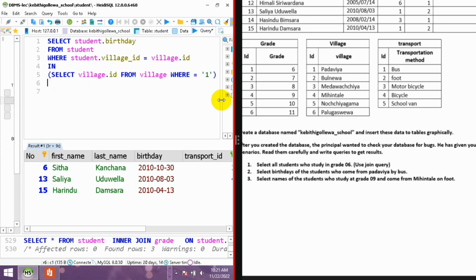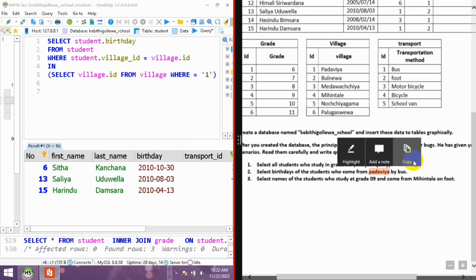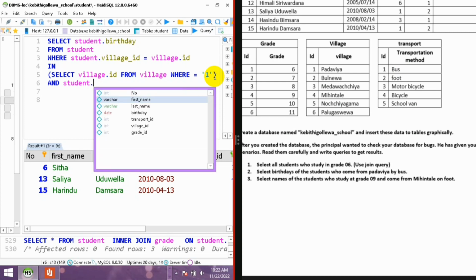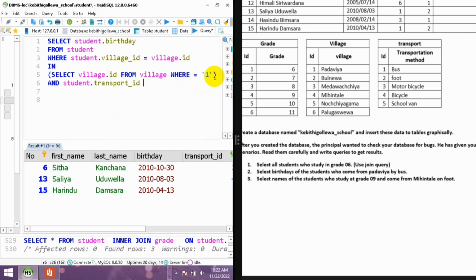So now we have another condition to select. We selected village. Now we want to select the transport method. So the transport method is bus, and we have ID 1 for bus. Okay, now let's go. When we connect another condition, we want to use the AND operation. You know the AND operation, we did that previously. And now I want to get the student table's transport ID with the dot. Now I can get the transport ID, and again we put the IN